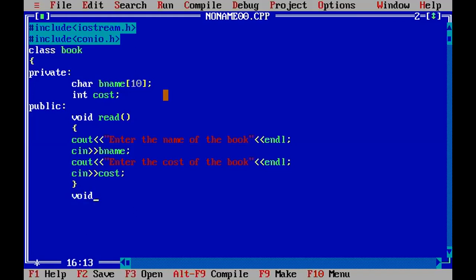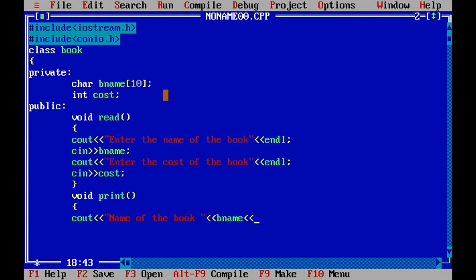Then we will go ahead with printing the information of the book that we have read. So I'll call the member function print and display the information. The name of the book is stored in a data member called name.